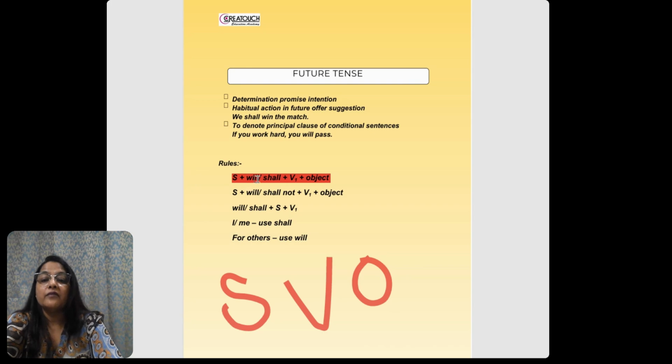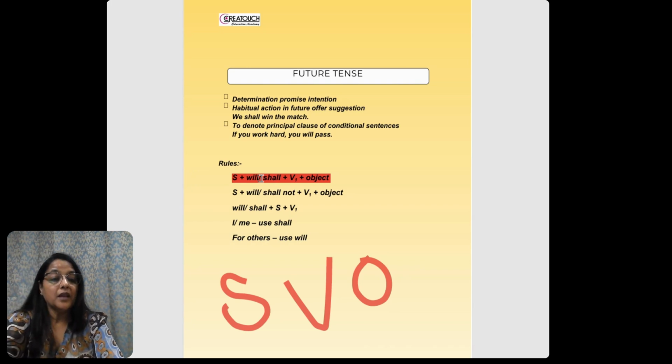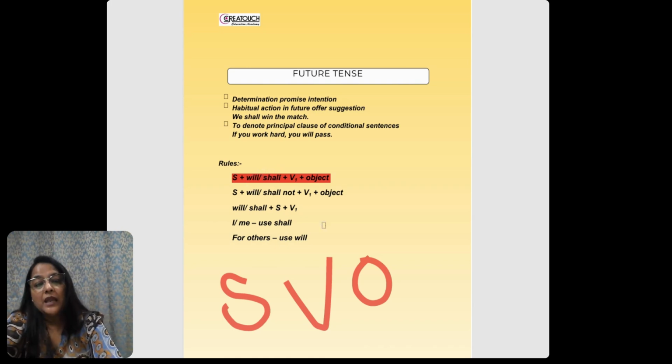But what is will and what is shall? Generally, when we talk about will and shall, will is future, something which happens in the future and it has to happen. You're sure about it. But when we talk about shall, maybe, may not be. So, shall is used generally for uncertainty, that maybe the things will happen, maybe the things will not happen.